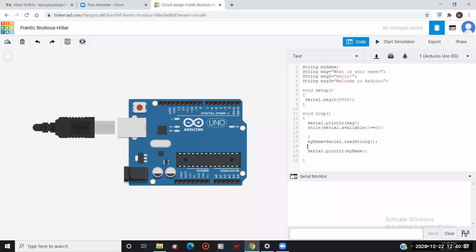So for printing them, I have to give some set of commands here. For that, I want that it should say like this. After my name, when it gets printed, okay, then it should print like serial dot. It should print those messages also.